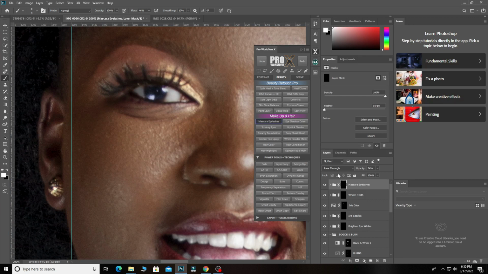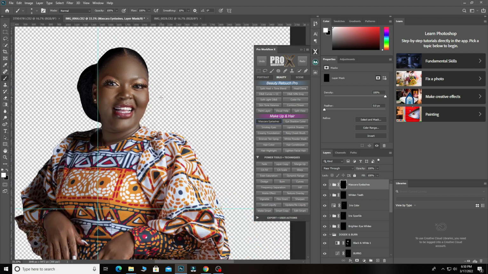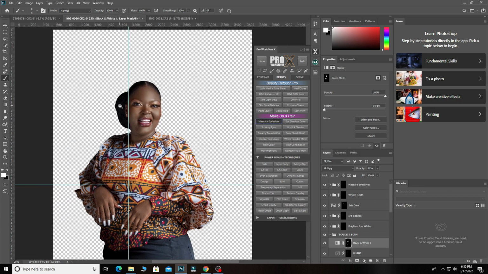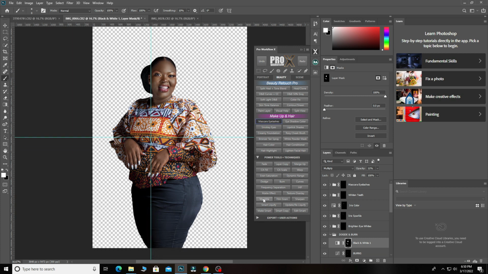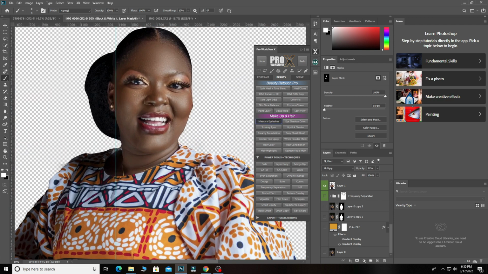It looks something else, so I have to work on it. Let me increase the opacity so that we can really work on this one. Okay, so let's reduce the opacity again. Okay, so I think it's okay now. Then let's bring back the background and let's see how far we have got into. Remember, I'm working separate from the background, so guys. Okay, so what I'm going to do is I'll bring